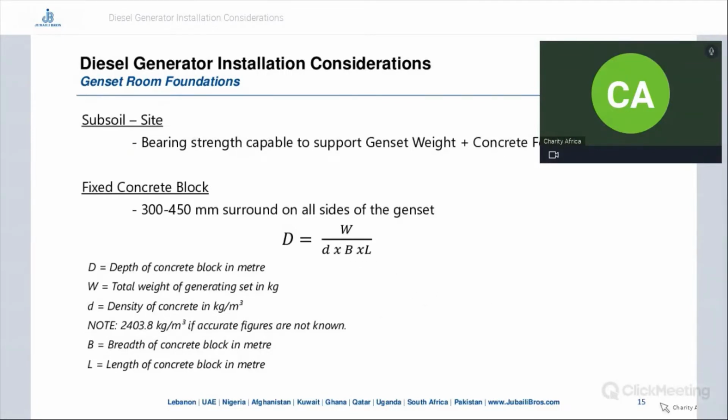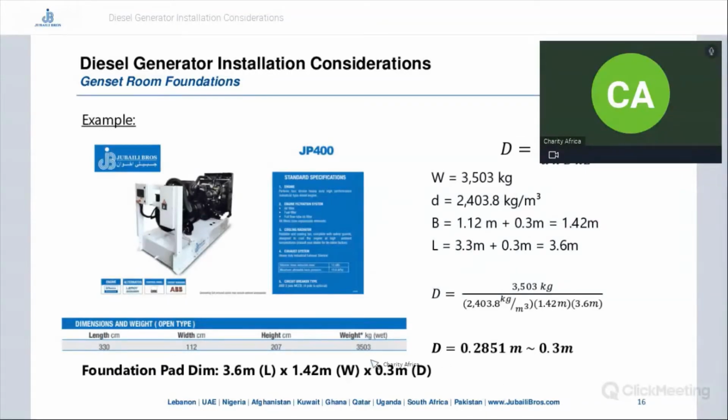So on the next slide is a sample. Here we have the JP400. This is a 400 kVA prime genset, which has a total weight of 3,503 kilograms and the length as mentioned here. Using the formula mentioned earlier, we have the depth or the thickness of the foundation pad as